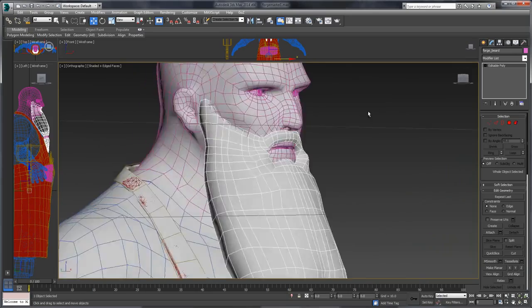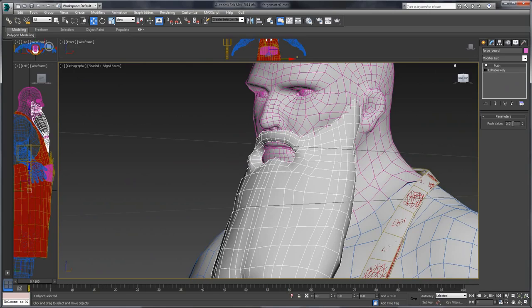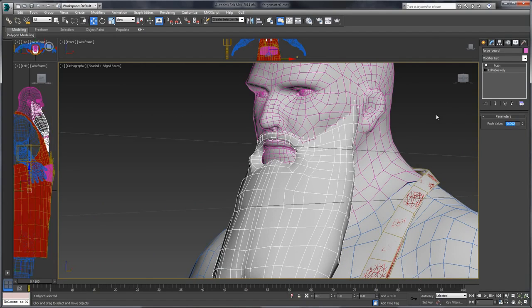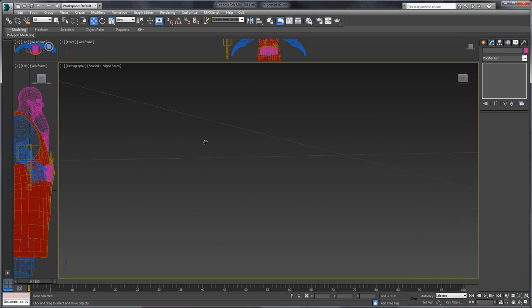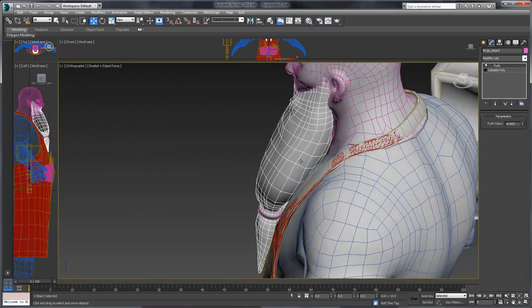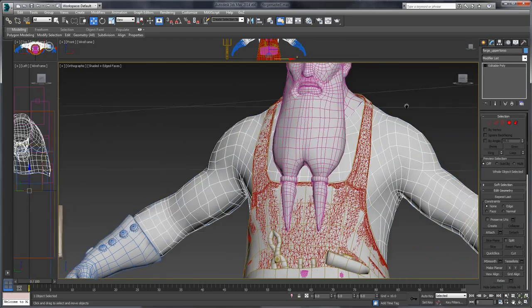The beard, I do believe that was, if we go push 0.01, let's do minus 0.002, I think it was. There we go, that matches up absolutely fine. Yeah, it's all good. We've got the upper body,